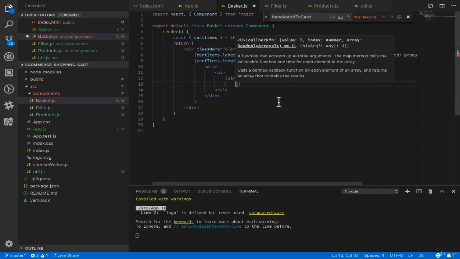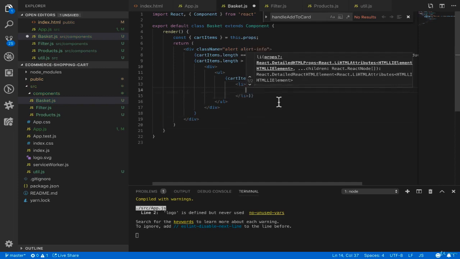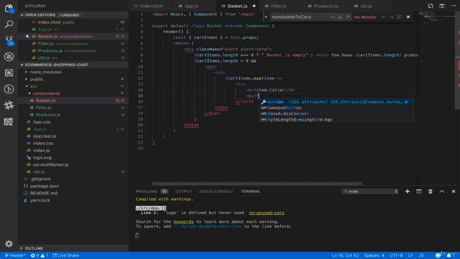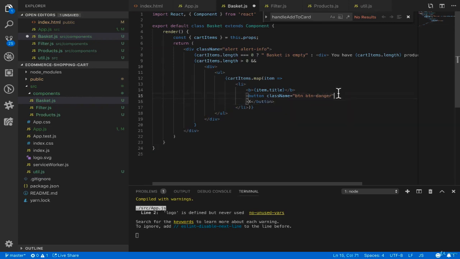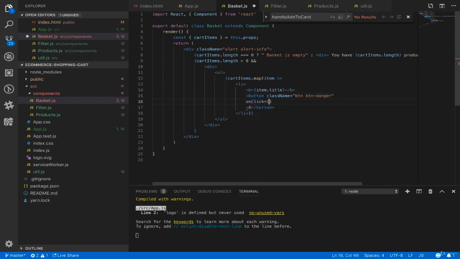Each product in the cart items will be inside a list item, and inside the list item I use a b tag to bold the item.title and show a button with btn btn-danger, and it's X as a remove, and inside this button I set the onClick method to